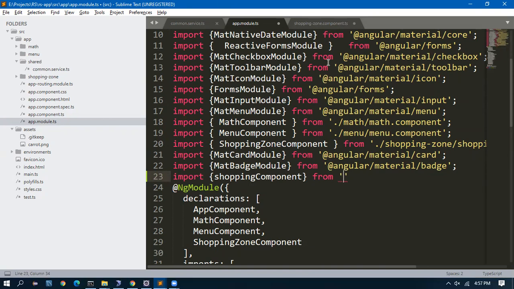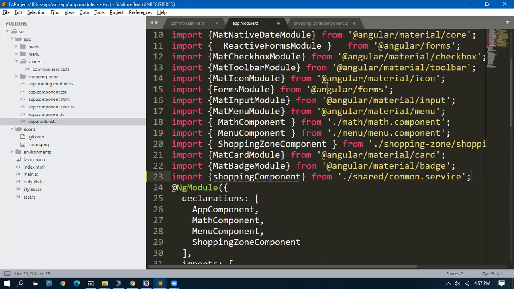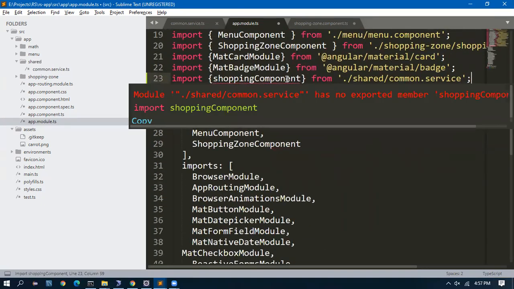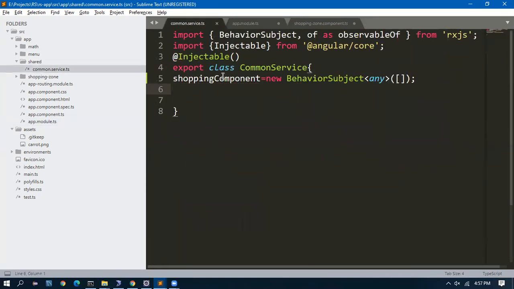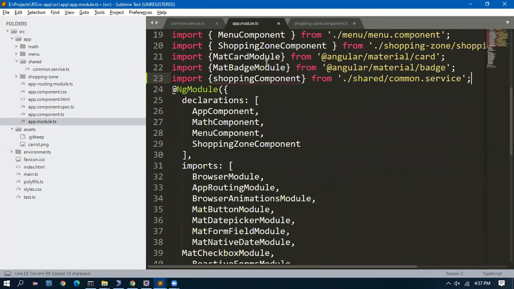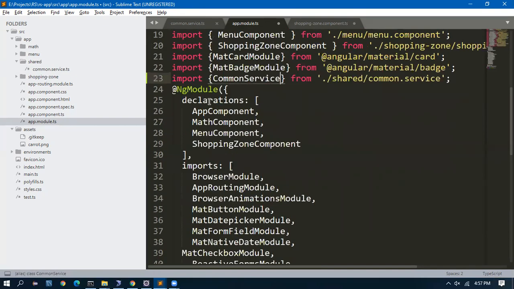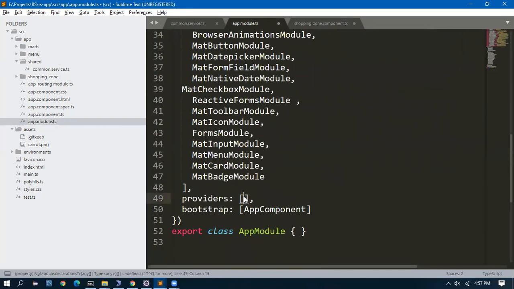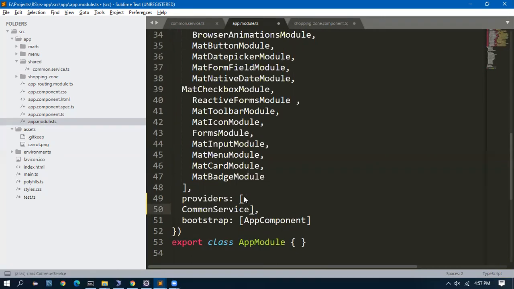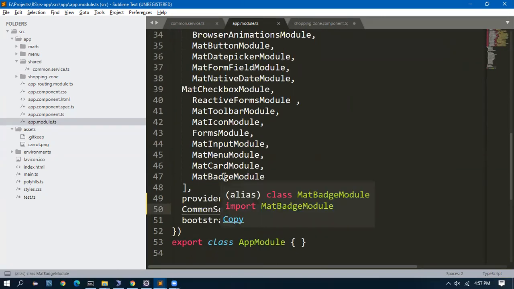Common service, where is it? In chat, common.service. Not shopping component, it is common service. So import common service, and instead of giving it in the declaration or import, we have a provider. So far, what all we have studied in Angular: components, modules, correct?